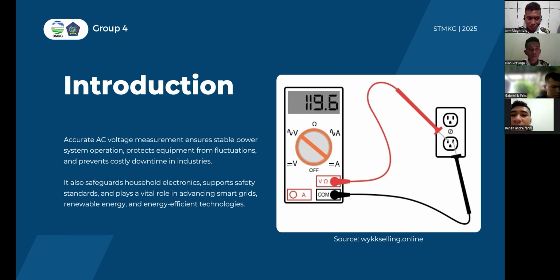Accurate AC voltage measurement is essential for stable and efficient power system operation, protecting equipment from fluctuation, and ensuring safety in both industrial and household settings. In industries, reliable voltage monitoring helps prevent costly downtime by detecting deviation early. While in households, it safeguards electronics by monitoring outlet quality. It also plays a critical role in meeting safety standards, preventing hazards, and supporting advancement in smart grids, renewable energy,